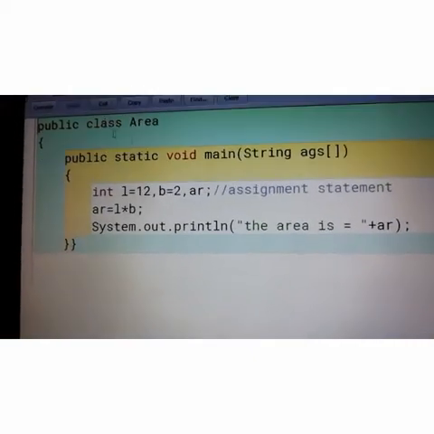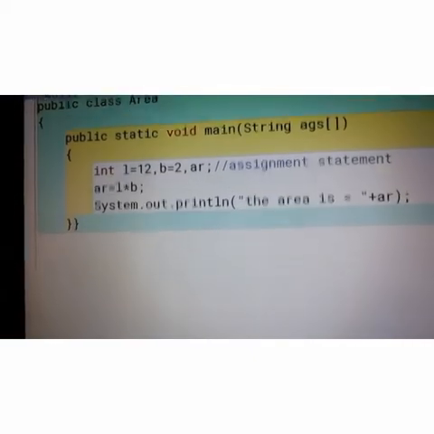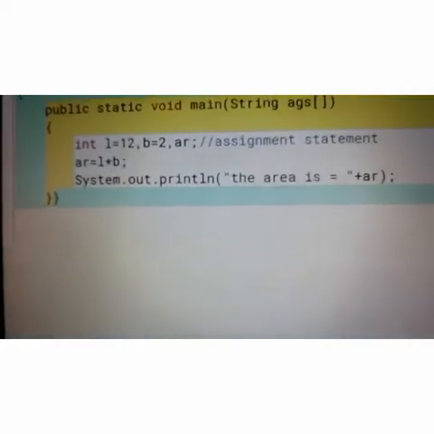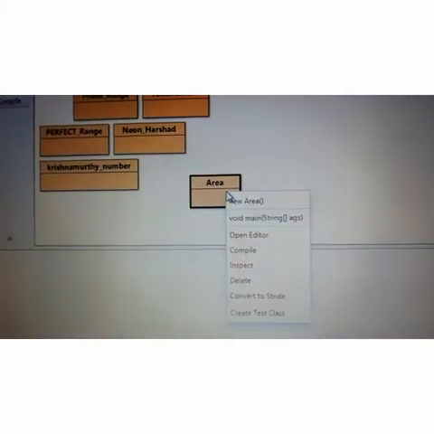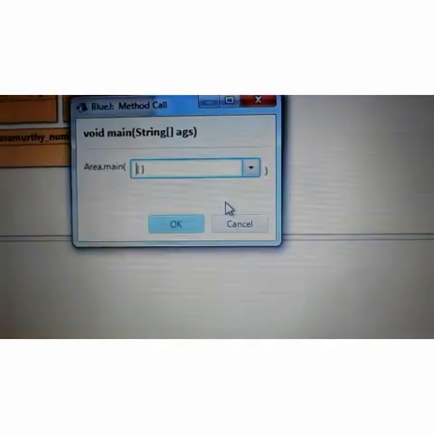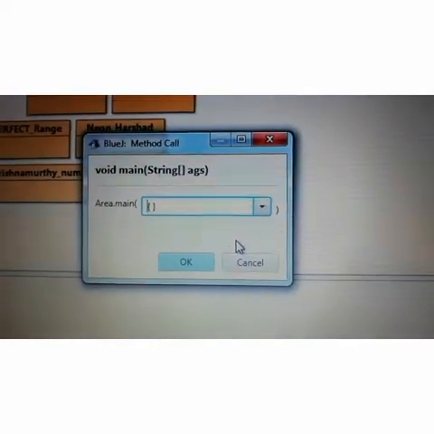Okay, so now compile the program. No syntax error. Close. Then right click on your class, void main, then the method call window will appear. Click on OK. In the terminal window the answer will come: area is 24. Understand?